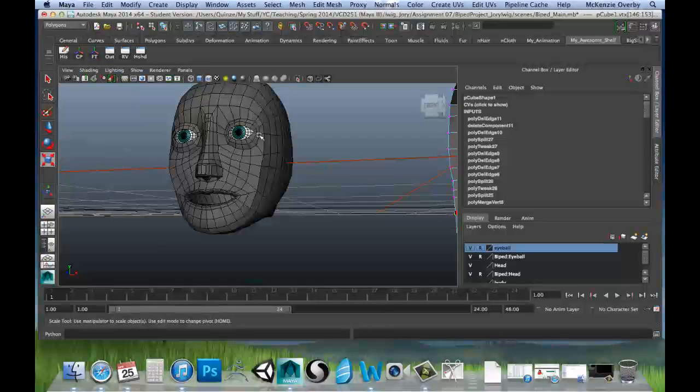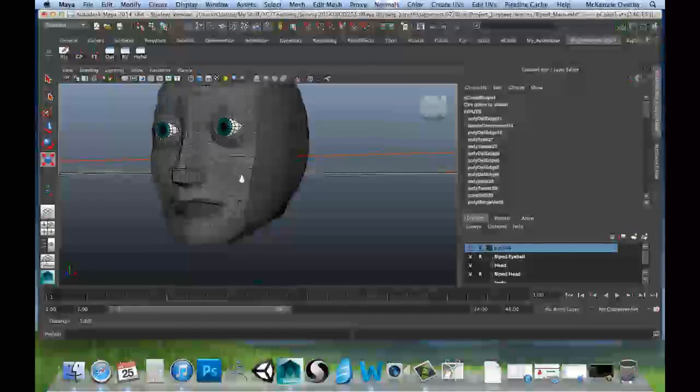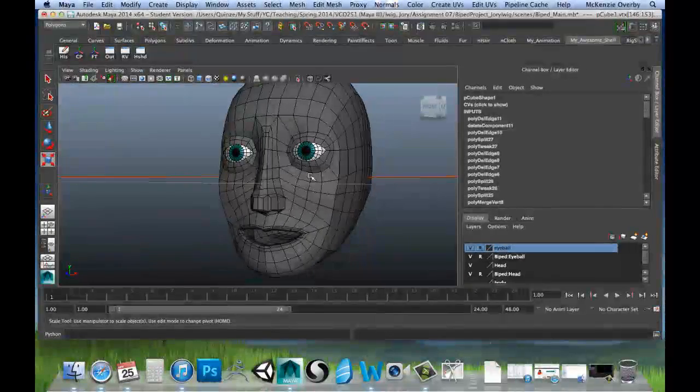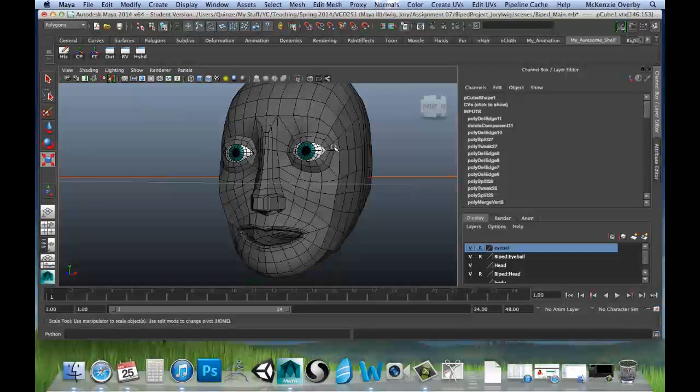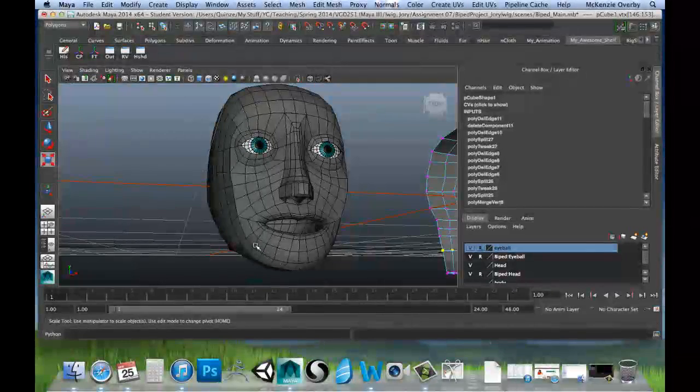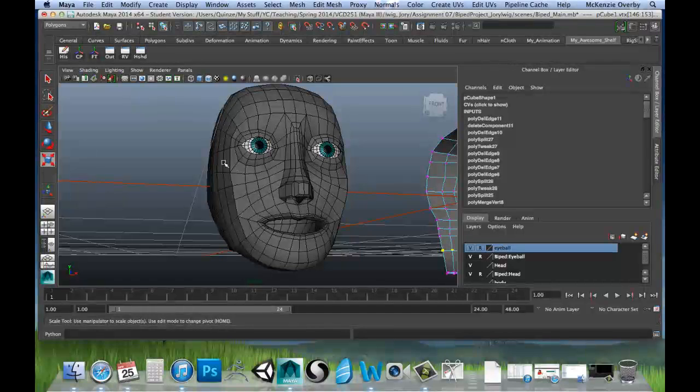Once you have these loops for the eyes and the mouth, you may notice that they actually connect up to make one large loop around the entire face. So if I come to the outside of this eye loop, alright, and I continue down, it joins to the outside of my mouth loop, and comes right back up around the other eye